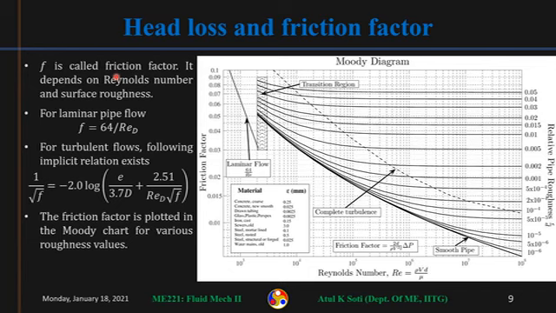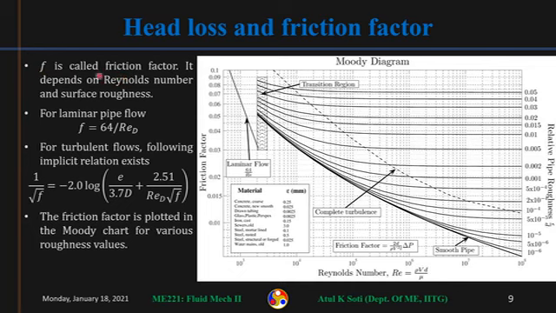Because if we want to have a particular flow rate in a pipe, then we need to provide that much amount of pressure drop delta P or head loss. We need to account for that much head loss. If we are pumping fluid and our pump is not able to provide this much head loss, then what will happen? Automatically flow rate will decrease inside the pipe, because the pump will not be able to overcome the frictional losses inside the pipe. So that is why this knowledge of friction factor or head loss is required.